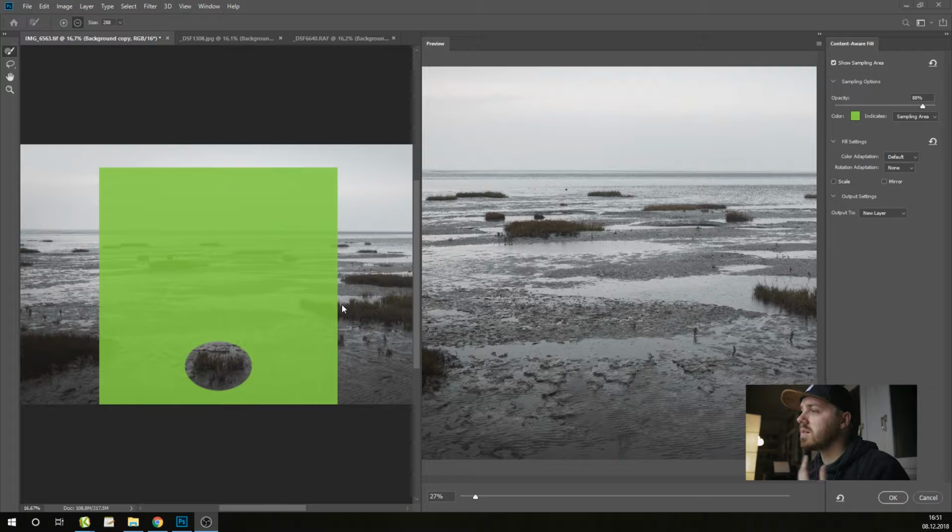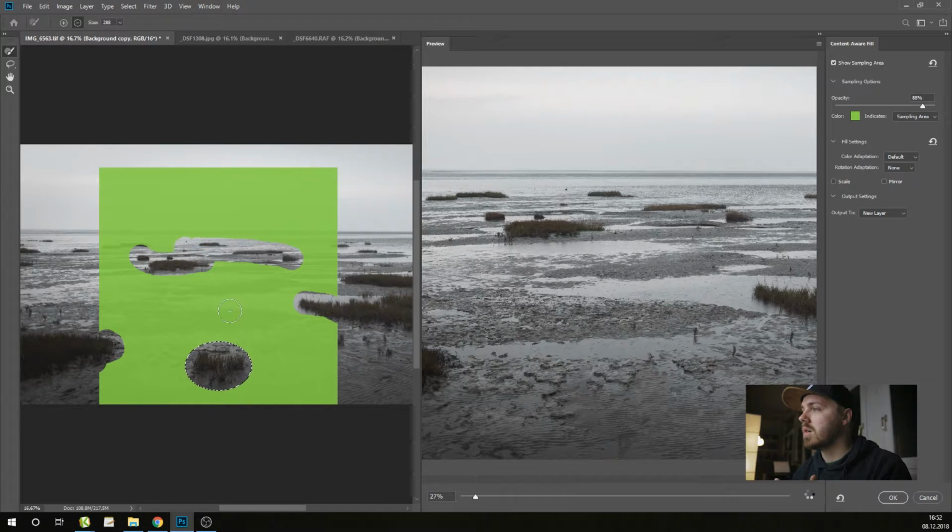So this green area is the sampling area. This is where Photoshop and the algorithm takes its information from. So if this part here looks a little bit wonky, then we can take stuff out of this green area and tell Photoshop to not use it. So for example, we want something that just incorporates the mud. If this looked a little bit worse than it does right now, because it looks good, we could just take out the green areas and then Photoshop would adjust and not take information from those areas, but only from the